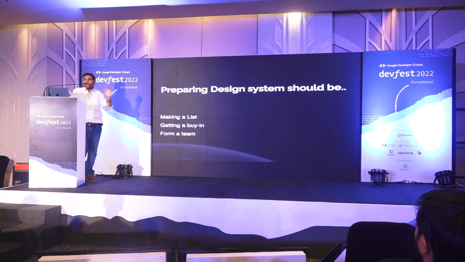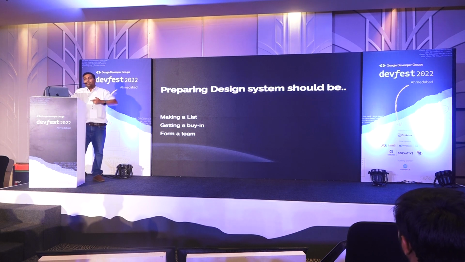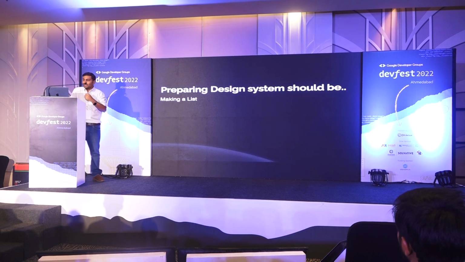And this topic is not for managers, by the way. This is for us developers. I'm literally calling us developers because that is where the core value is, right? So the 3 simple checklists, okay? We're going to be making a list of things, right? Of what we're going to achieve by building a design system. Then getting the people from the other side of the equation, managers and owners of the companies and other folks, to come and buy into this process of building a design system. And then forming a designer team, forming a QA team, forming a UX. So let's take one at a time.